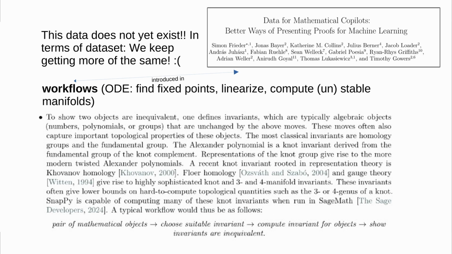For workflows, another example from knot theory would be the one here at the bottom, where you have a pair of mathematical objects, you choose an invariant, you compute the invariant for the objects, and then you show that the invariants are inequivalent if you want to make sure that this pair of mathematical objects are distinct in an isomorphic sense. And here what you'd really want is to get data sets of workflows, these individual 4 steps in this case. You'd want to represent them as data, and you'd want to have natural language around these 4 individual steps